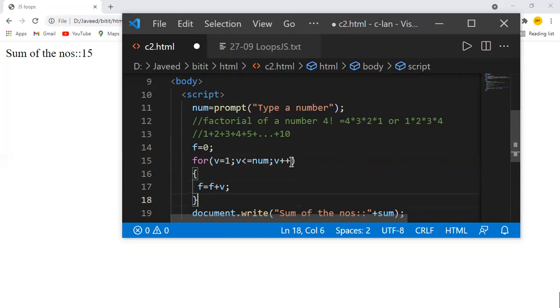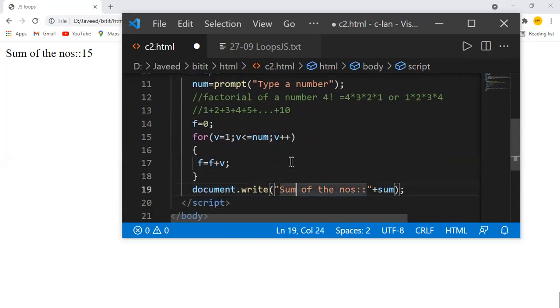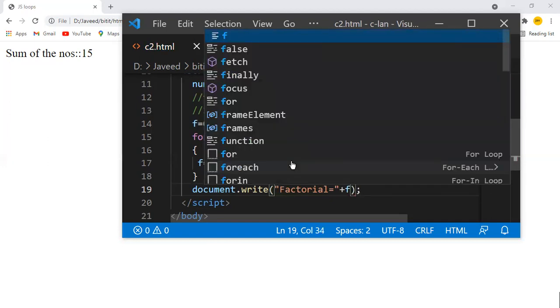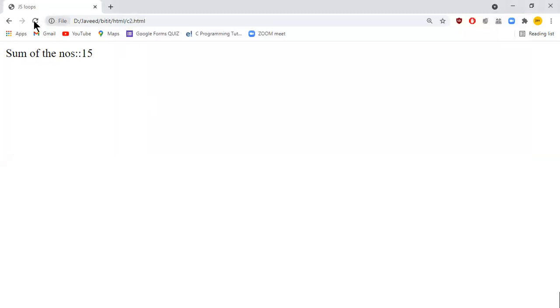Now here I want to print the factorial. So I'll just say factorial is equal to, and I'll use the variable f that I have used, plus f. Save it. Let's go to the code and execute it.